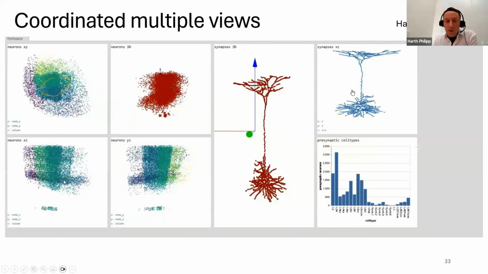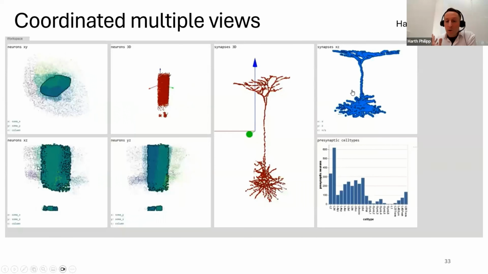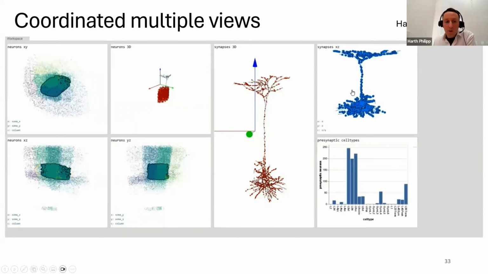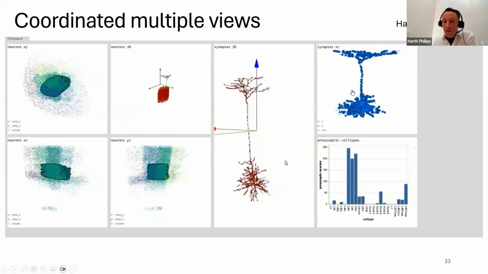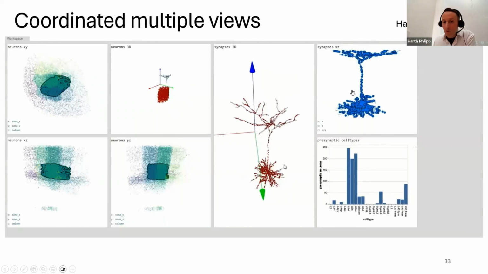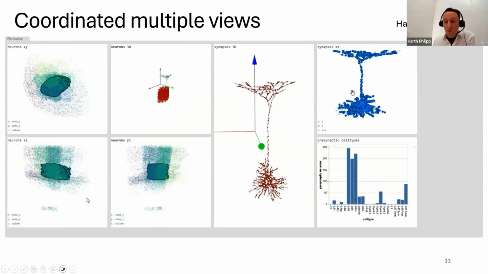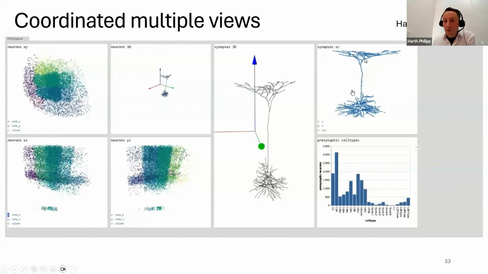Another design study that we did deals with coordinated multiple views. That is essentially an established concept, where you have different views that allow the user to make selections, and the selections are then propagated to other views, a technique that is also called cross-filtering or brushing and